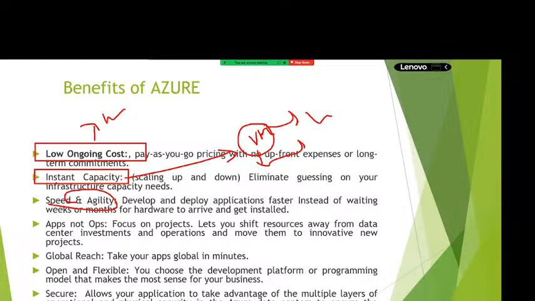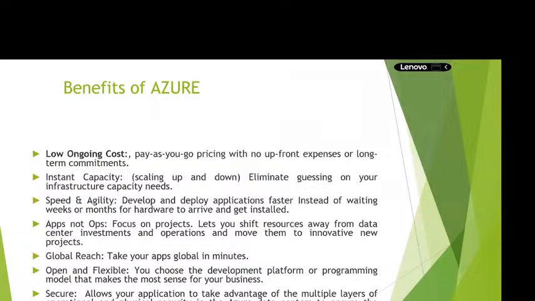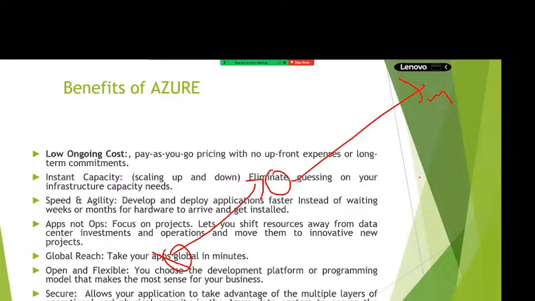Next, global reach. You know, right? Your data can be distributed across the globe in minutes. Why are the applications of Microsoft, Google and Facebook very fast, even though they have billions of customers all around the world? Because they are publishing the data across the world to the nearest cache servers. If I access my Facebook, my request will go to the nearest data center, not the main data center.